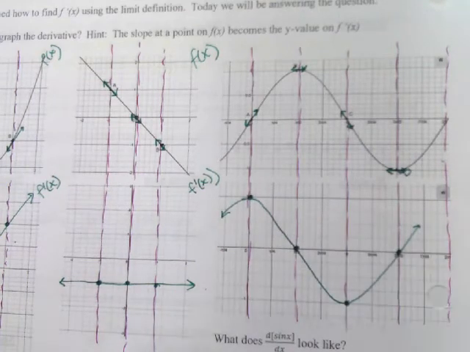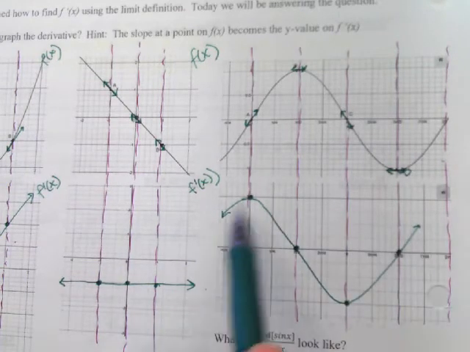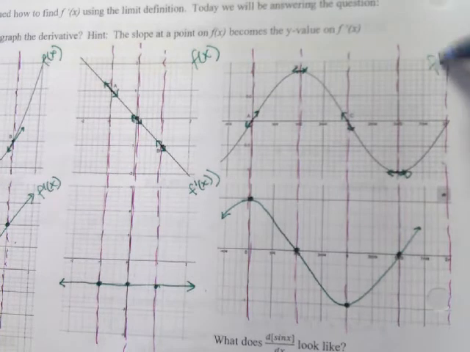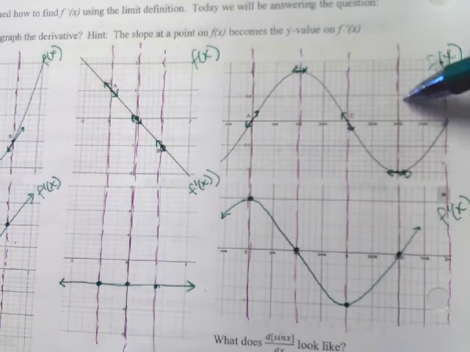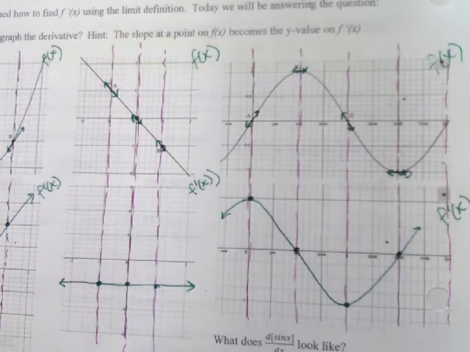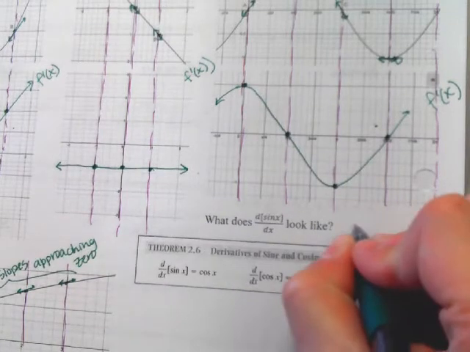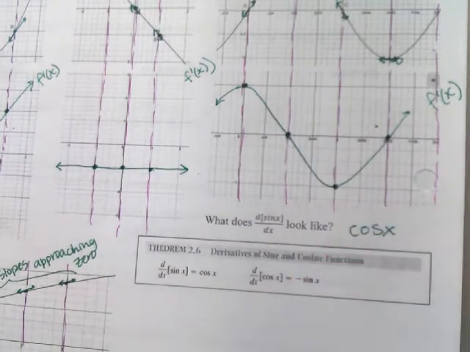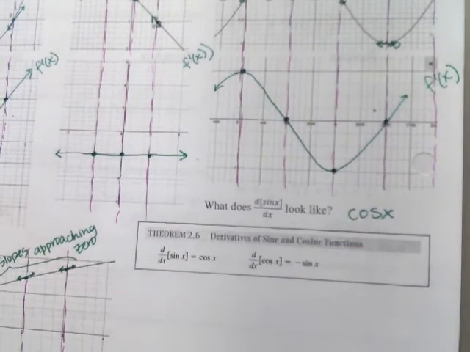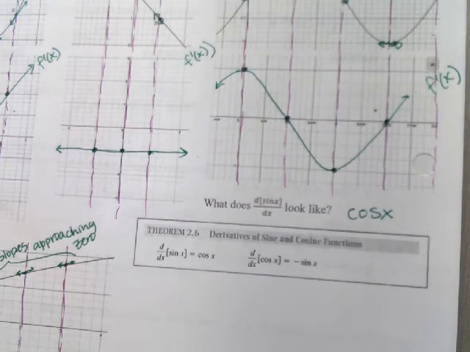Now, if you were to continue to draw this graph, what does the derivative of sine of x look like? This is sine of x, this is the derivative. If you thought it looks like cosine of x, you would be correct. And that actually brings us to